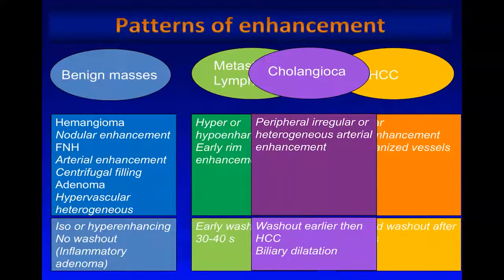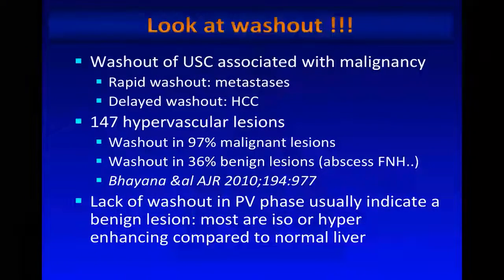And then cholangiocarcinoma has a mixed pattern between metastatic disease and hepatocellular carcinoma. Oftentimes, as in a case I showed, they can have peripheral irregular or heterogeneous arterial enhancement, and then they tend to wash out earlier than hepatocellular carcinoma. But of course, many cholangiocarcinomas will be associated with biliary tree dilatation, so that's a helpful finding in the differential diagnosis. So again,